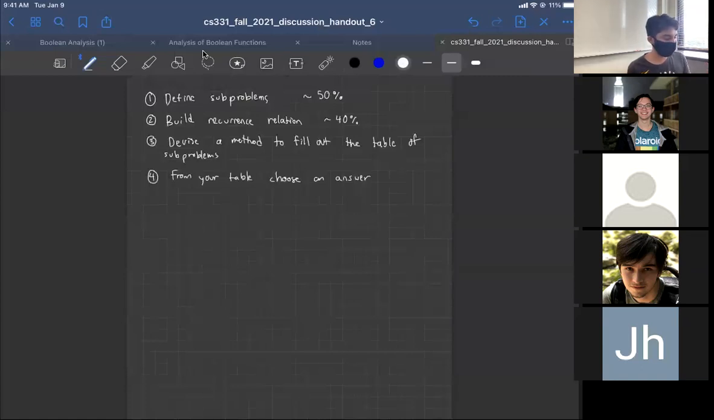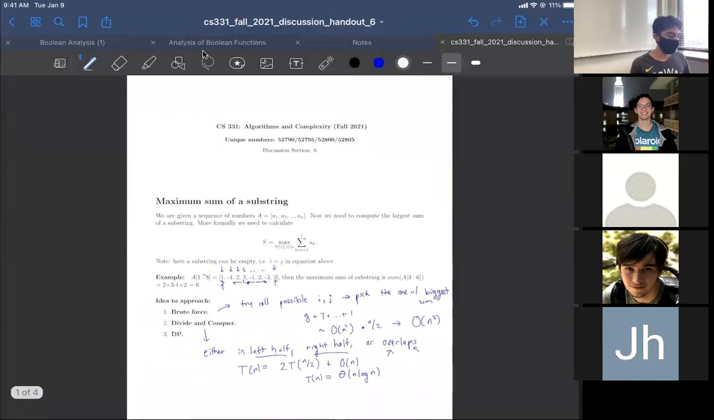So, let's look at an example. We'll go back to this problem over here about the maximum sum of a substring. So what could be a candidate subproblem here? Any ideas? What could be a subproblem? So we can say M, we'll call it M because we'll take the first letter of the problem. M of i comma j is going to be the maximum sum of an array